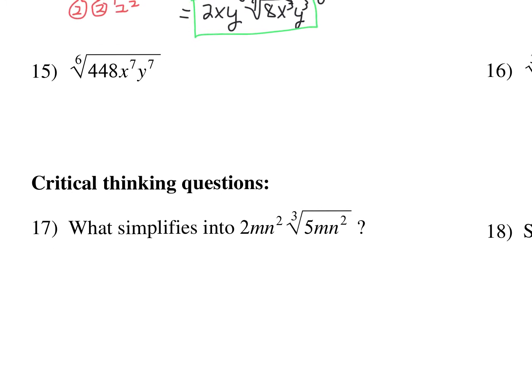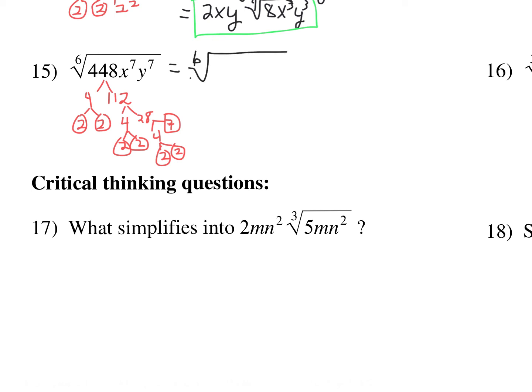And then for 15,448, I know for a fact 4 goes in there. 1, 1, 2. And I know 4 goes in here again. And we get 28. So I get 2 and 2, and then 4 and 7, and then this is 2 and 2. Okay, so